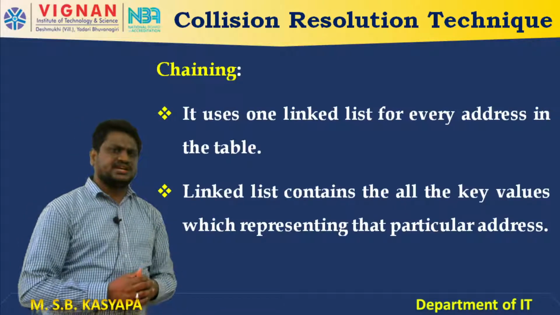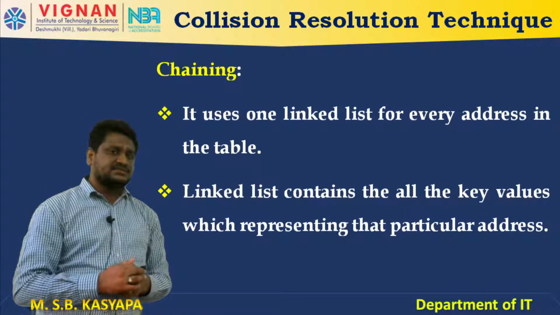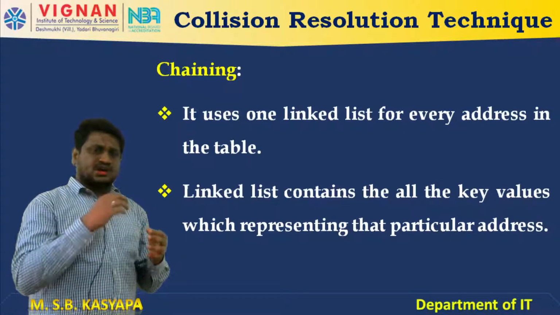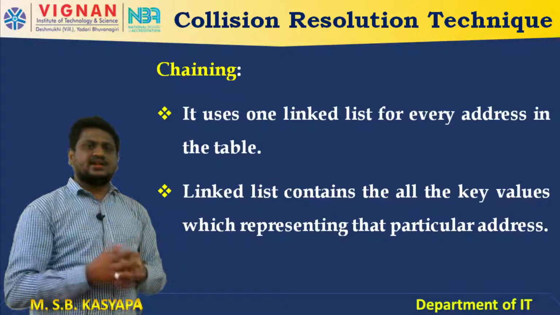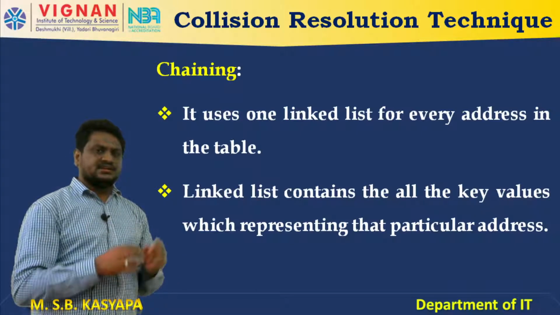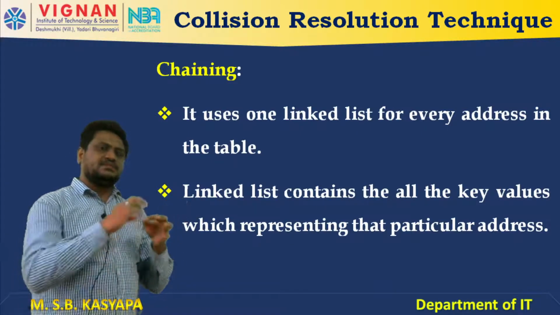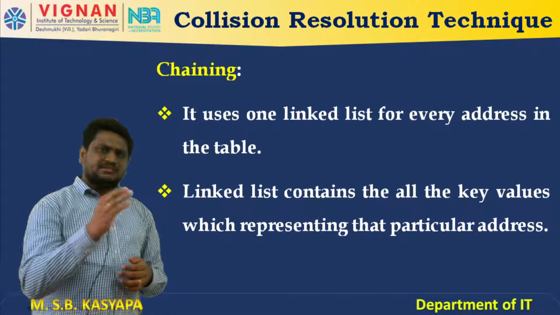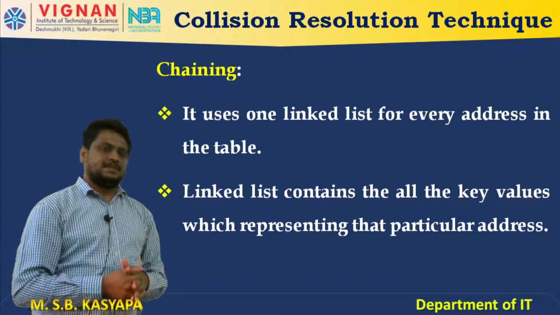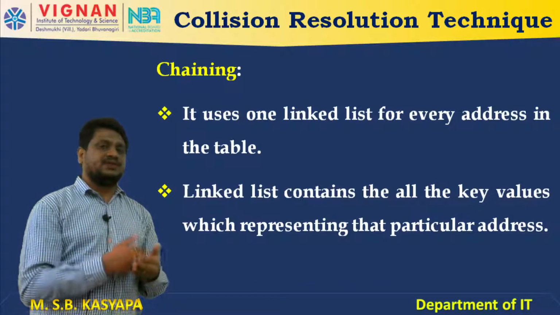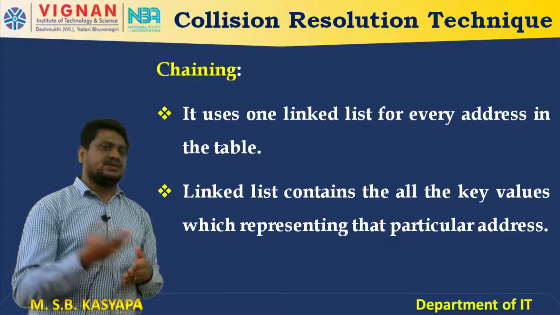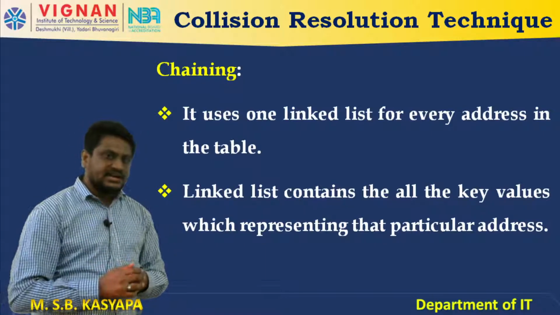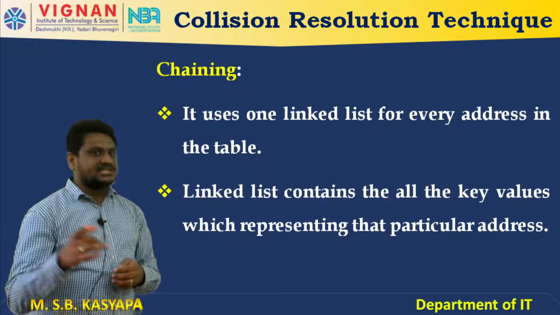So, what is chaining? The name itself says it: the nodes or values are one after another. If you consider any chain, one part is linked with another part, and that is chaining. That is the main process we use here also. But how do we link one node to another node, or one data item to another? What is the data structure? That is called a linked list.